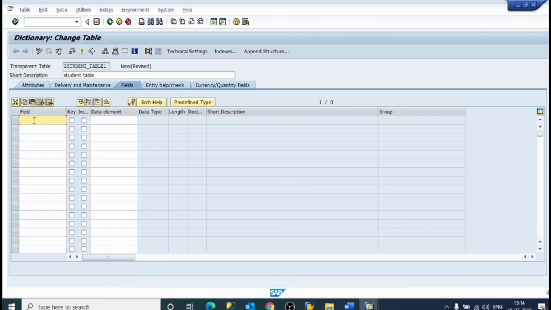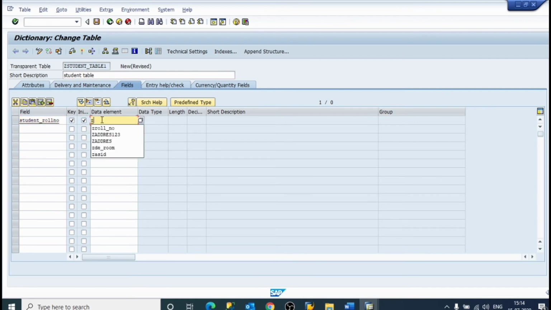So first will be student number. Student roll number. Yes, roll number.